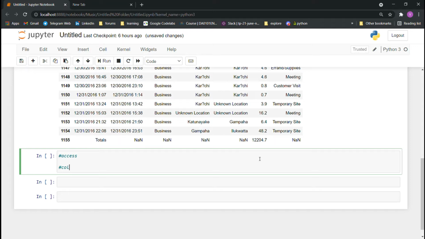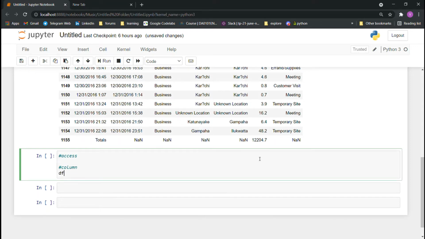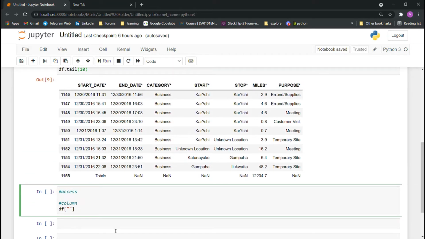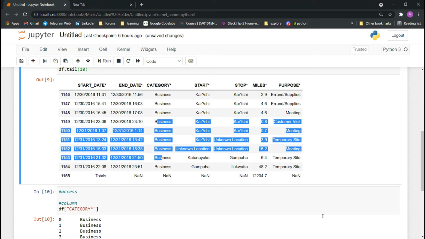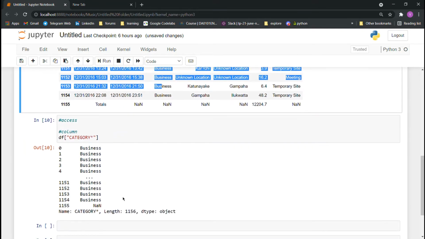To access via columns we have a simple syntax. Just pass the name of the column, say category, df of category. Yeah, we just have a single column.